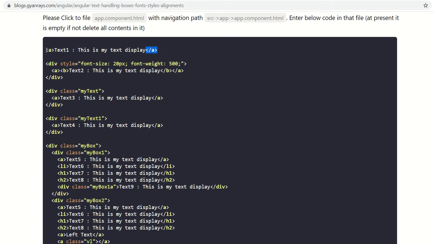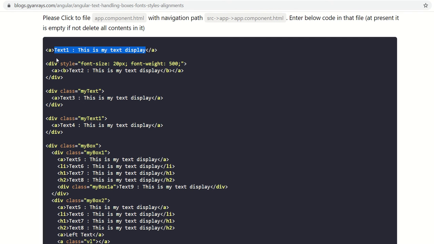So tags are the placeholders which are used to display the data in the HTML file, or you can say in web applications. A is a simple way to display the data, right? So text1, this is my text display, will be displayed in a normal way, and the default font size is used by HTML data handling.